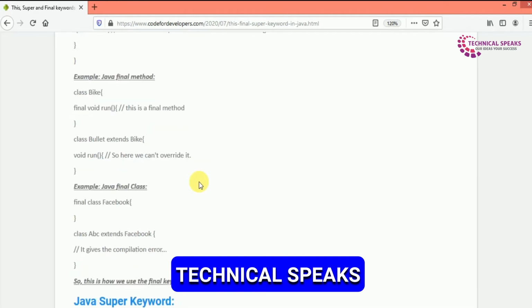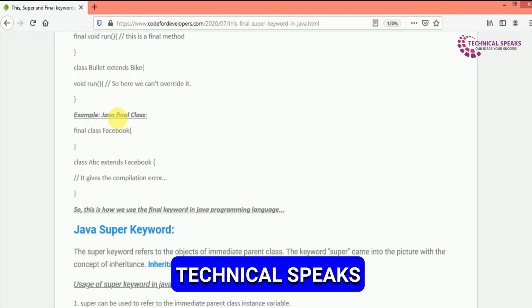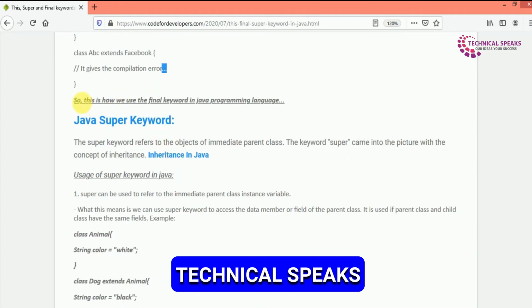The third one is Java final class. If you make any class final, you can't extend it. Example, final class Facebook, class ABC extends Facebook, it gives a compilation error. So this is how we use the final keyword in Java programming language.